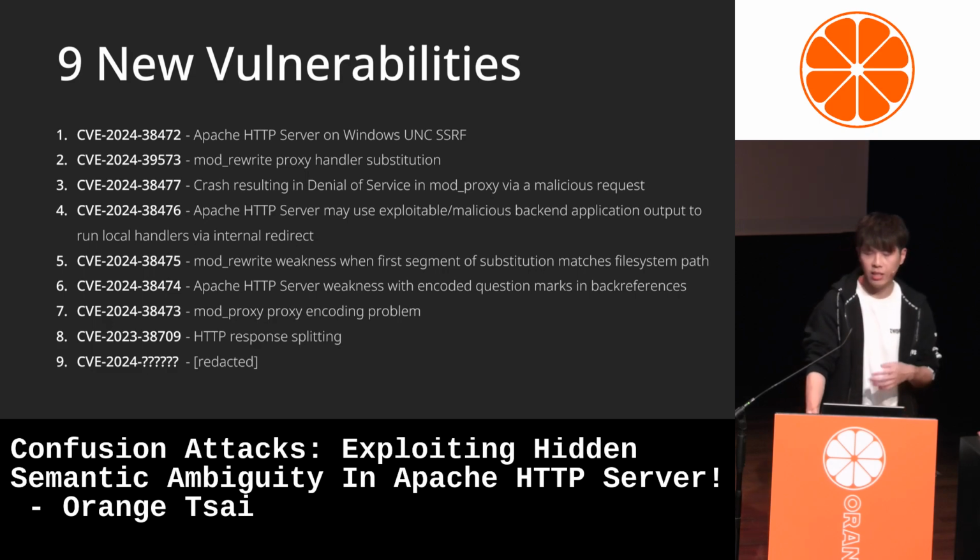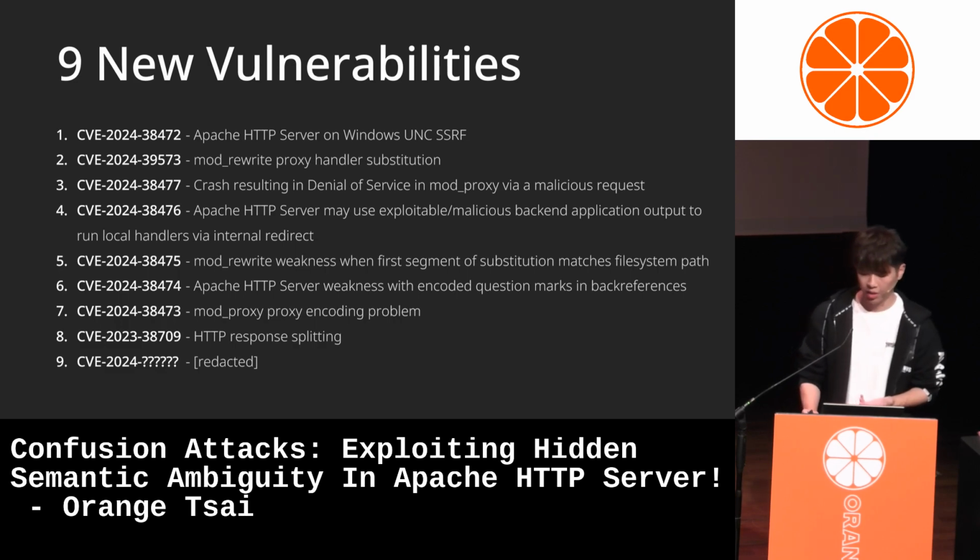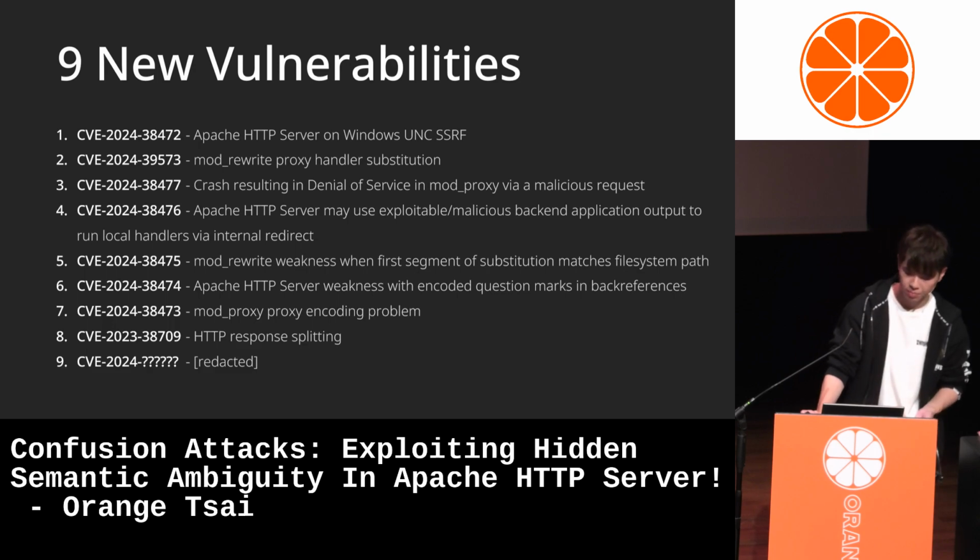As this is a completely new attack surface, the first person to delve into it can, of course, find the most bugs easily. So these confusion attacks made me the person who currently holds the most vulnerabilities in the Apache HTTP server.